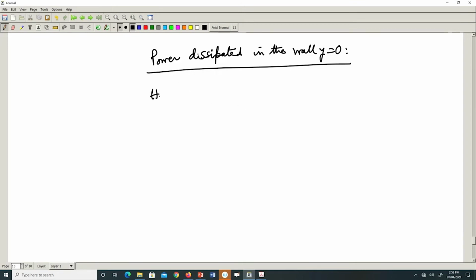So, evaluate hz at y equal to 0, that is given by pi square by j omega mu b square a 0 1 1 sin pi z by c,